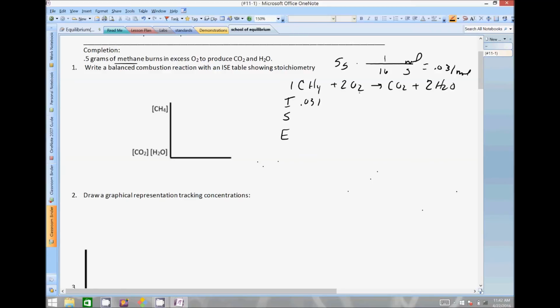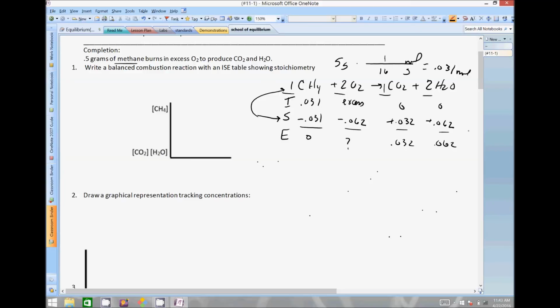The oxygen in the atmosphere, at least, is not going to change concentration or be really consumed. So this is going to be in excess. We will lose 0.031, go to 0. This is not equilibrium but completion. I will lose 0.062 of that guy, gain 0.032, and I will gain 0.062. In the end, do all arithmetic. I don't know how much I have left, 0.032 and 0.062. Notice the stoichiometric ratio matches 1, 2, 1, 2: single, double, single, double, so make sure you know that